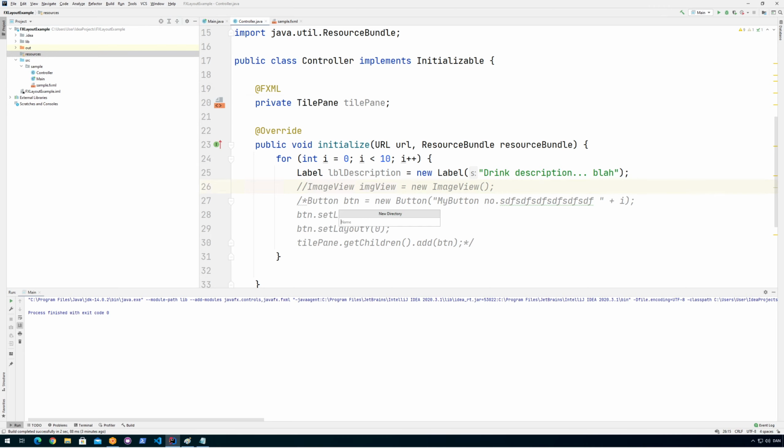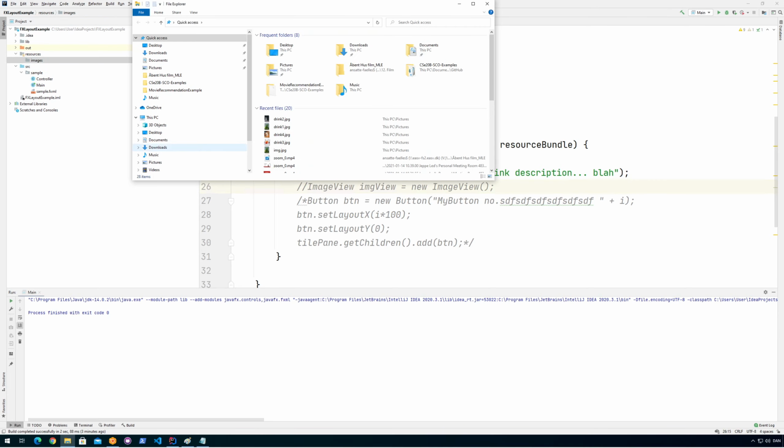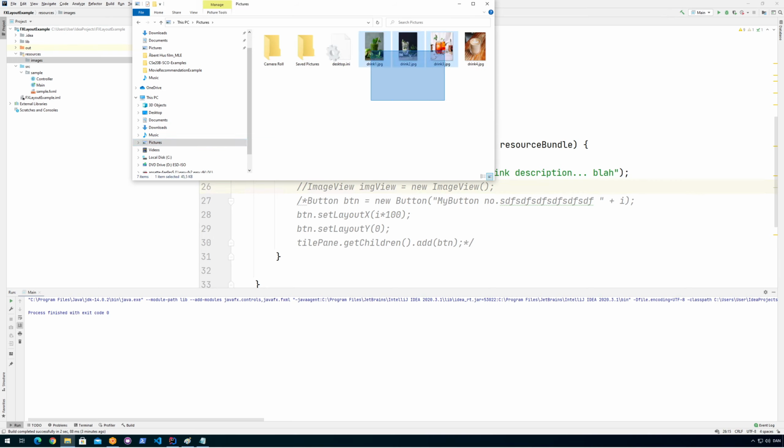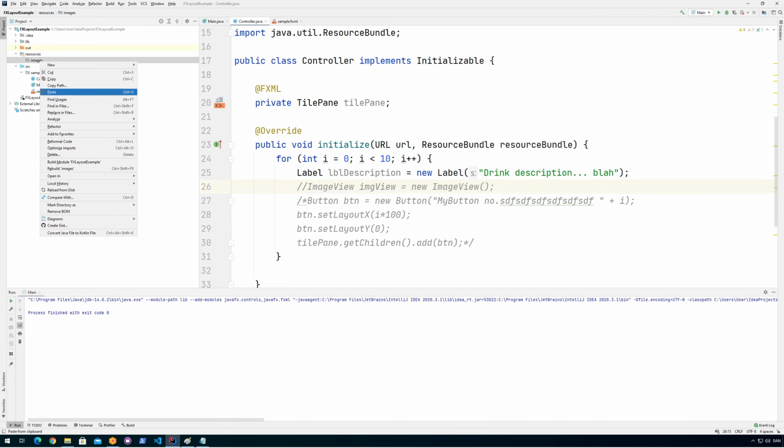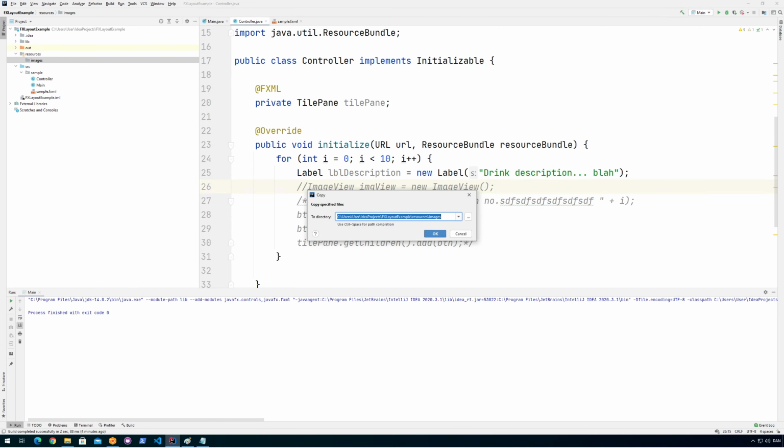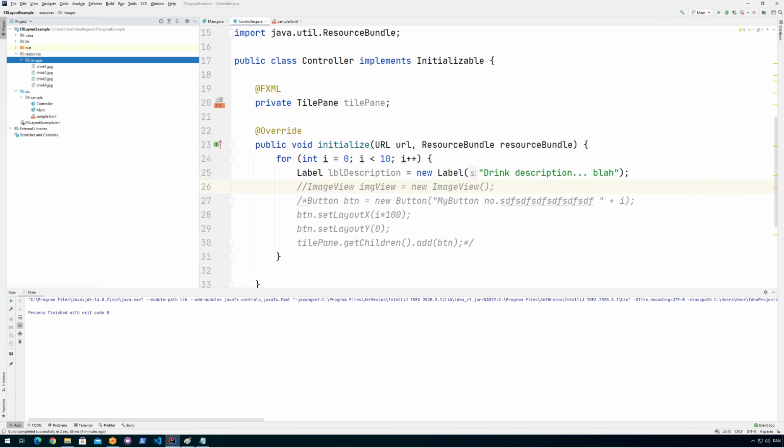And this one I'm just going to call images. And then I want to put all of my images in there. So I have my pictures here. I'll just copy those. And maybe I can just paste them directly in here like this. Pretty cool, right? Okay, so when I create my image view here, I need to specify which image I want